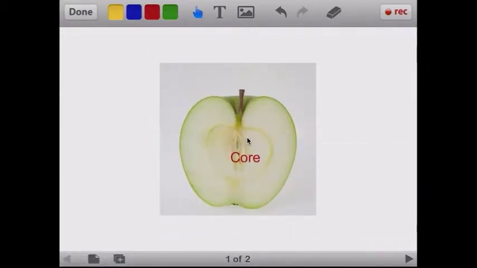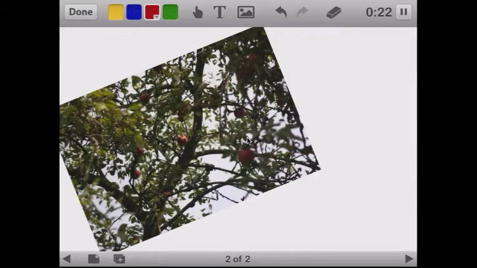Okay, so I'm going to do my recording here by just tapping the record button. We were learning about apples in class, and we found out that apples have different parts. The core is where the seeds are. Apples also have a stem. Apples grow on trees and are harvested in the fall. Okay, so real simple video there, and I'm going to just tap done